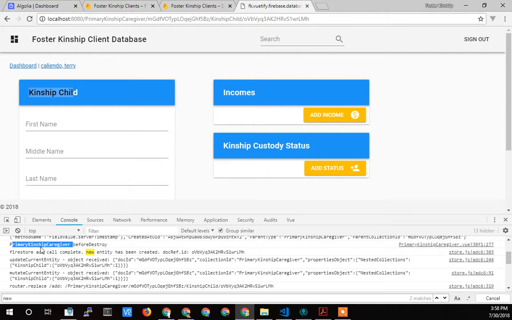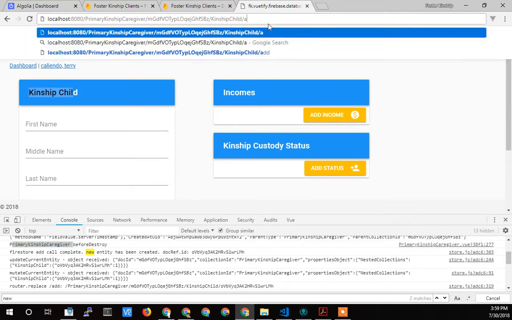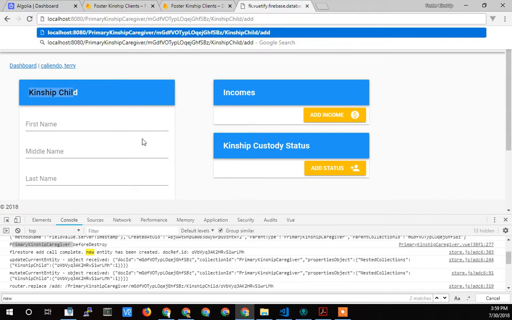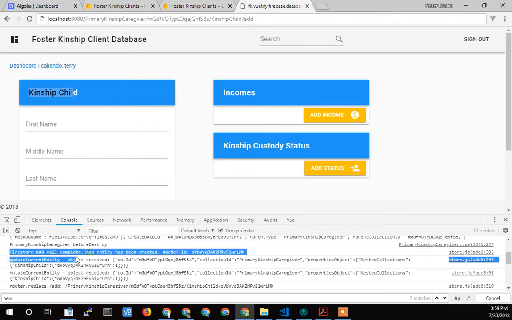The primary kinship caregiver view has now been destroyed, so that took a little while. It happened asynchronously to our program control, and that's just showing up now. So we've loaded this, we're in the add state here. We've loaded this new view and destroyed the parent view. That's gone. So now we're going to call the Firestore, and we're going to add that new entity using